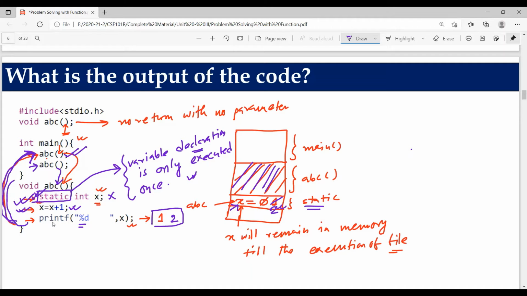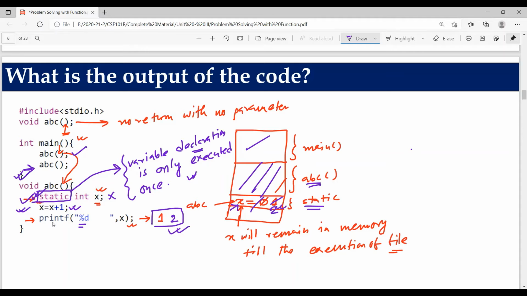Again, program control goes back to the main method. Although memory will definitely be reserved for ABC again for the second function call, that memory is not used for any particular variable. While that function returns to the main method, since no line exists in the body for execution, that memory will be erased again. And now my program control is here, which means there is no more line left. So now program control will erase everything, this one also, this one also. What is the output? This is the output of this particular code.